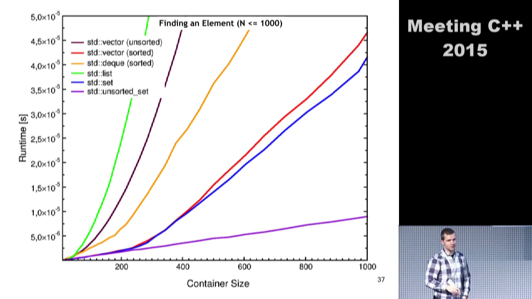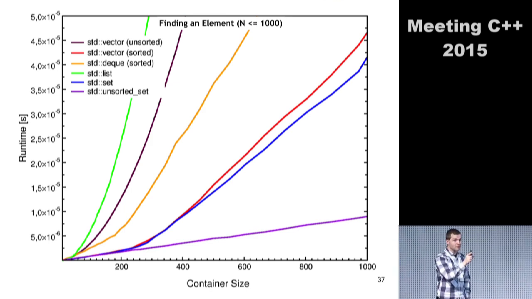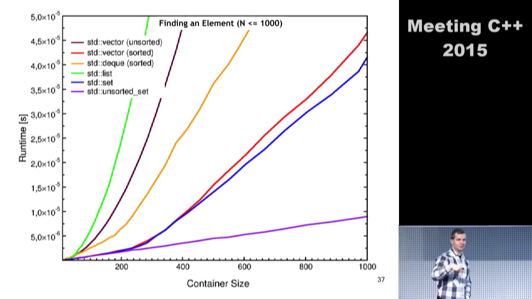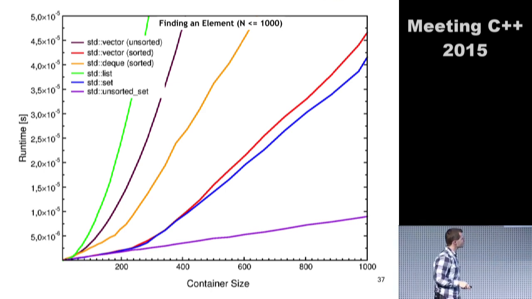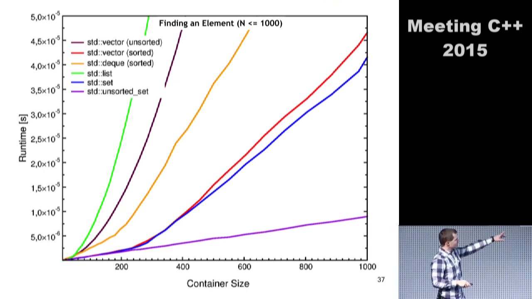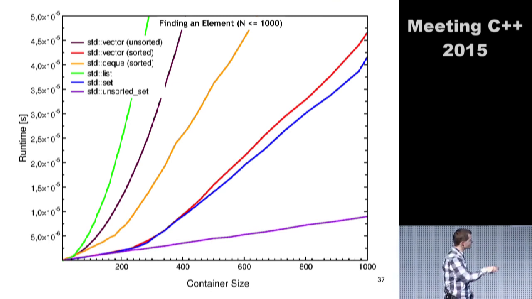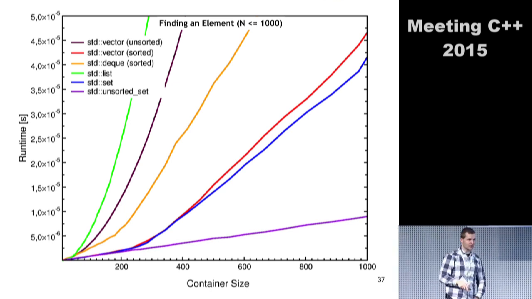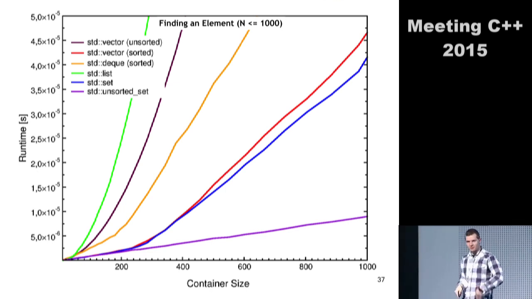Simple benchmark. It looks like quadratic, that's correct. Yeah, of course, because I'm not just finding a single element, I'm finding n elements. I do this a lot of times. Sorry, I should have pointed this out again. Okay, message here: unordered set is the best container if you want to find something. However, if you are below 200 elements, then using a sorted vector is not a bad choice. On the contrary, it might be much simpler.